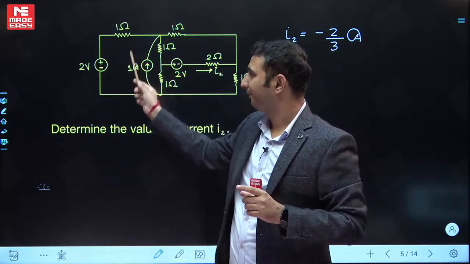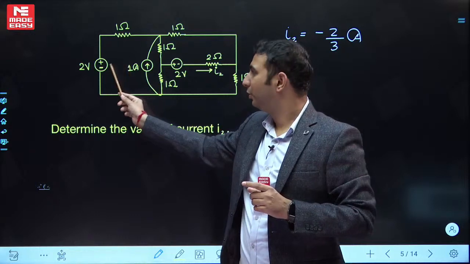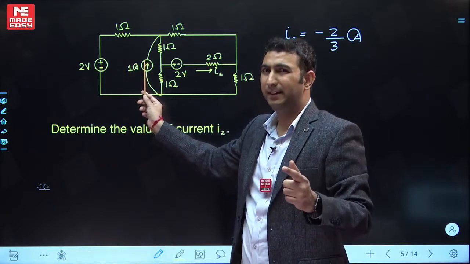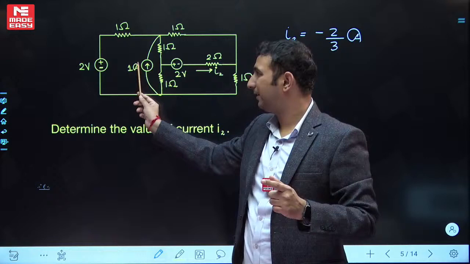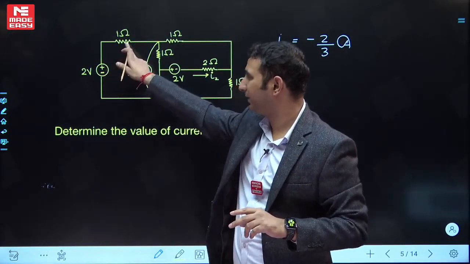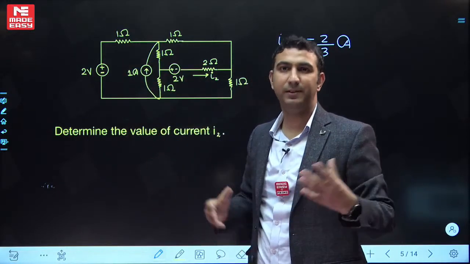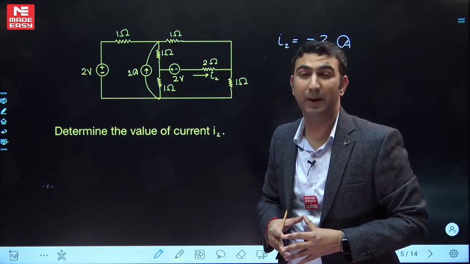सोर्स ट्रांसफॉर्मेशन. इसको सोर्स ट्रांसफॉर्म करोगे, a current source connected in parallel with the resistance, 2 current sources in parallel can be replaced by a single current source. तो एक सिंगल करंट सोर्स, एक रेजिस्टर, वापिस सोर्स ट्रांसफॉर्मेशन. तो यहाँ पे करंट सोर्स नहीं बचेगा, एक वोल्टेज सोर्स, एक रेजिस्टर बचेगा. 1 2 3, 3 meshes, solve that, get your answer. But I hope you can understand that will be a little bit lengthy.